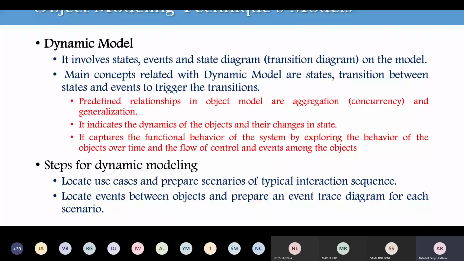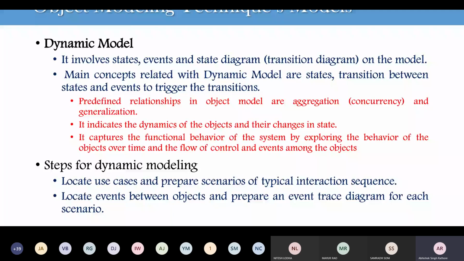For going for the dynamic model, first we have to identify the use cases of our diagram. In tomorrow's class, we'll start with the static structure, and then we'll go for use cases. Usually lots of practitioners start with their use cases, but as per my knowledge and understanding, I'll start with the static model.